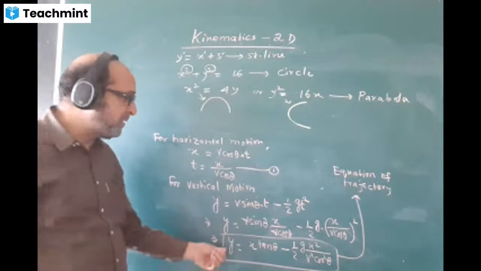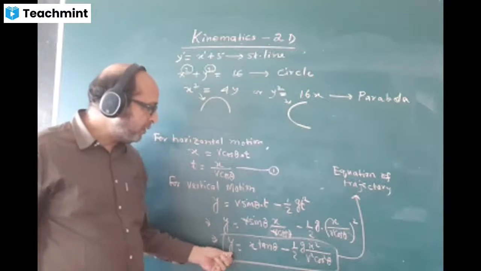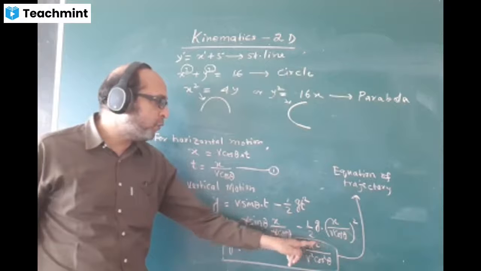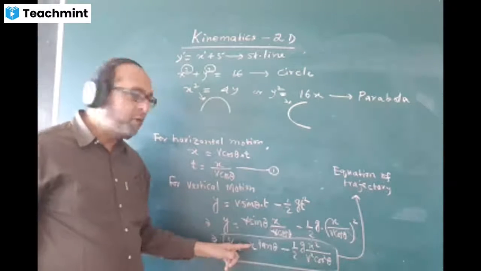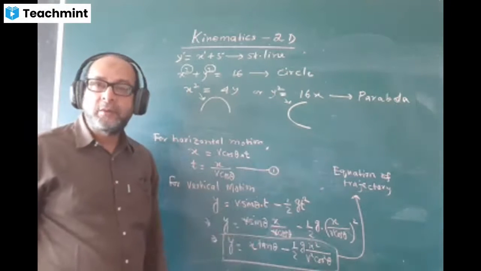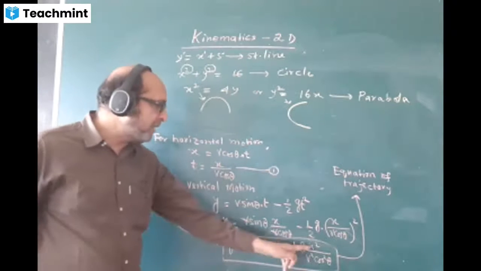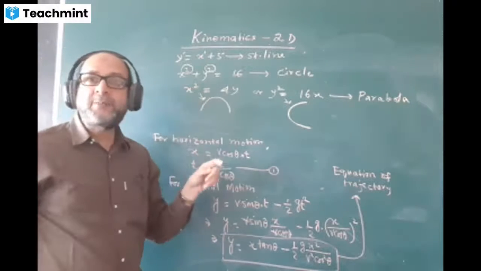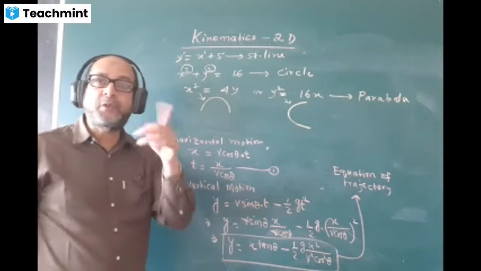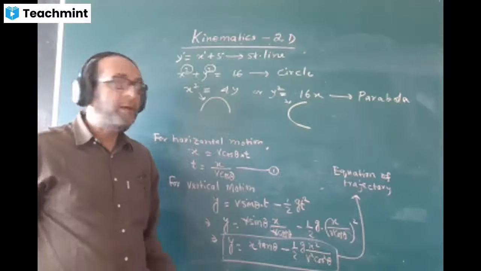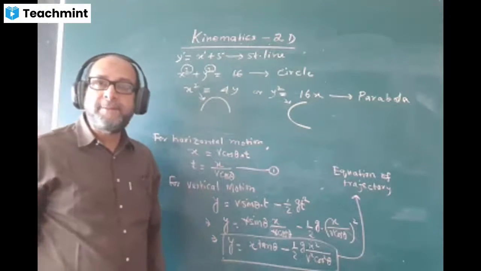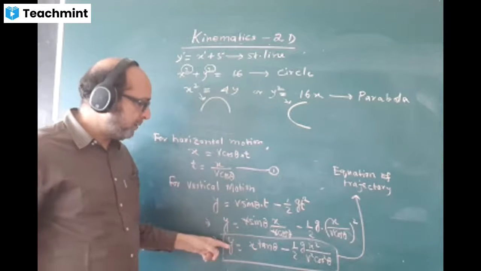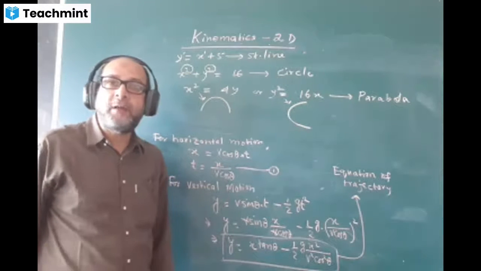You can look at the equation which I have derived here. In this equation, you can see y is here, x is a variable. What is the highest power of x? Square. Don't bother about the lower power, the highest power of x is what matters. This is y and the highest power of x is square. And I told you when the highest power of x or y is 2 and the other has power 1, this will represent a parabola. That's why, on the ground of this observation, this equation is the equation of a parabola.